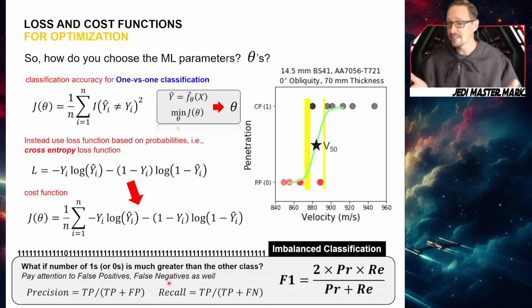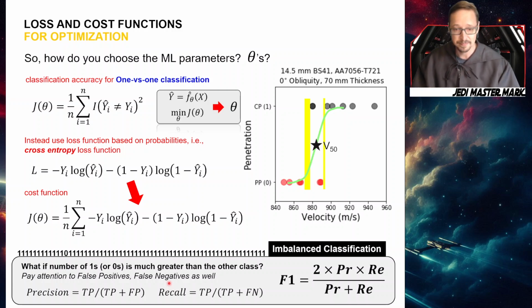Let's take a cancer diagnosis, for instance. Would you rather be told that you have cancer and it turns out that you don't? Or would you rather be told that you don't have cancer only to find out later that you do? Those two different cases of false positive and false negative may not be equal, and you may want to steer your model